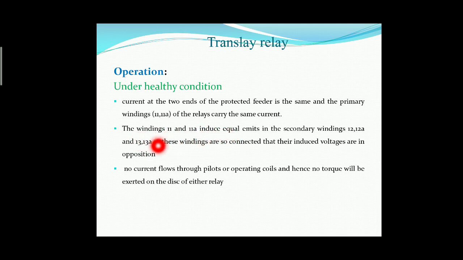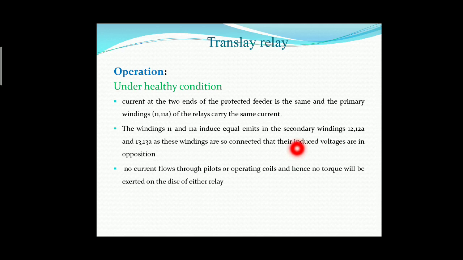Okay, the windings in the CT1 and CT2 are induced equally, and therefore no currents will be flowing through the relay coil. That means the net current will be equal to 0, that is, the I1 minus I2 current will be equal to 0. That means the entering current will be equal to the leaving current, so automatically zero current will be flowing through the relay coil.